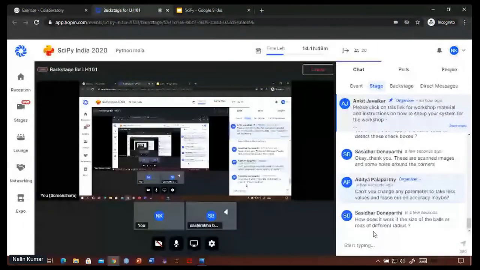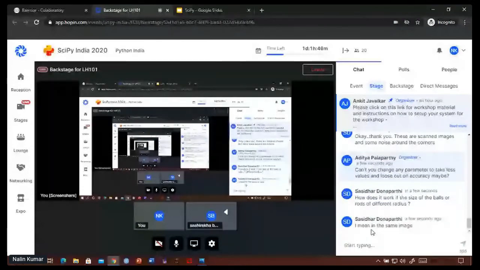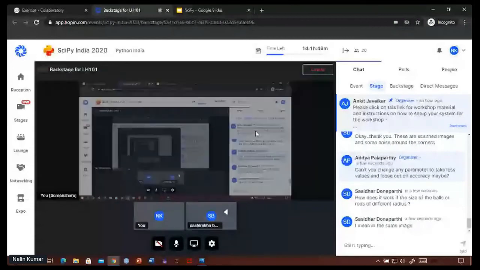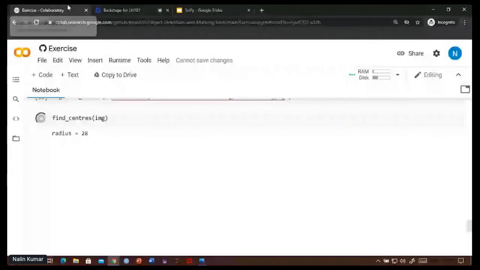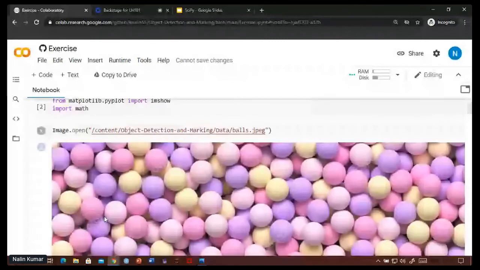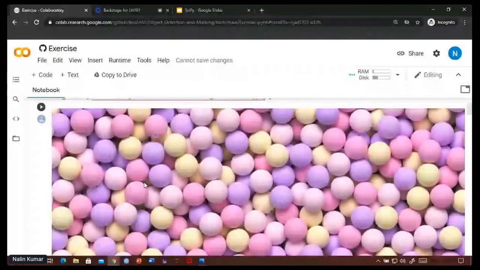Okay, yeah, this is interesting. This is actually the next step. If the objects, or rods or balls, whatever, in the images are of different radius, and you consider these as circular shapes, then in the same image, if your window is greater than that, let's say most of our balls are of the same radius and a few are lesser, if it is higher, then we might be missing them.